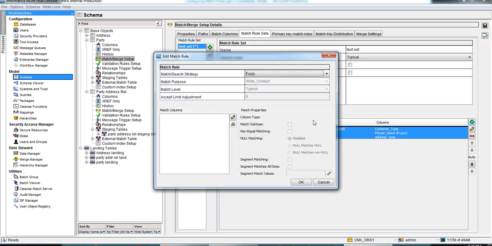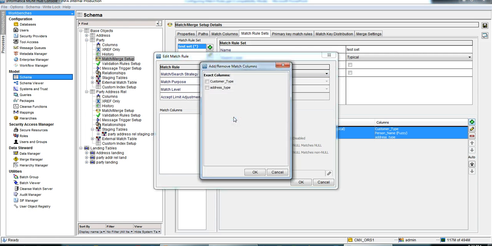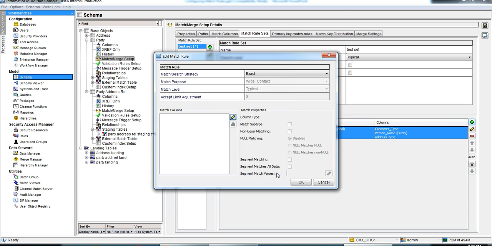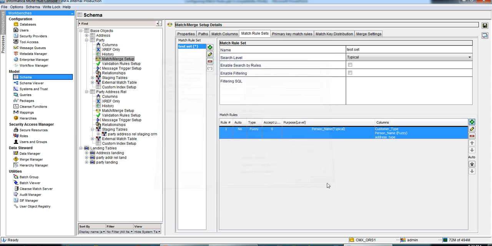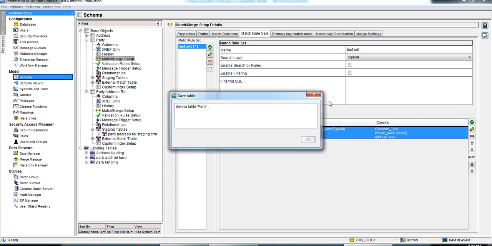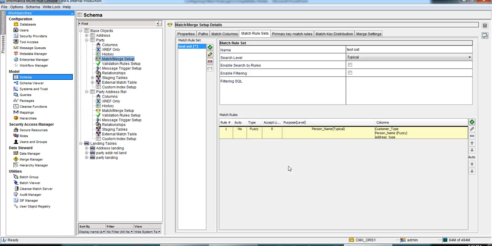Let's define another match tool. This time I want it to be exact. You can see only exact columns are available, and this is just for demonstration. I do not have any exact field on which I would really want an exact match tool, so I'll not create that, and I will save this. Once we have the match tool saved,